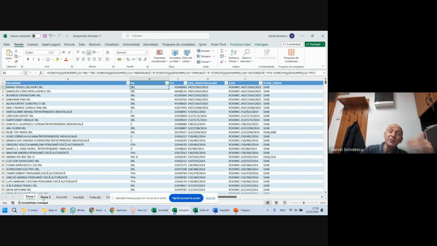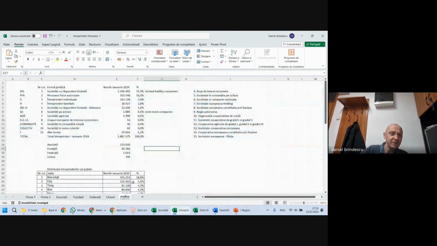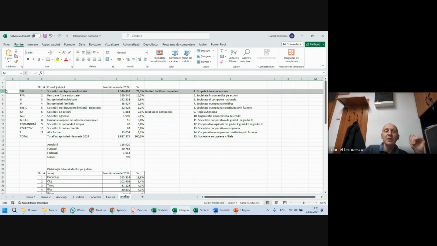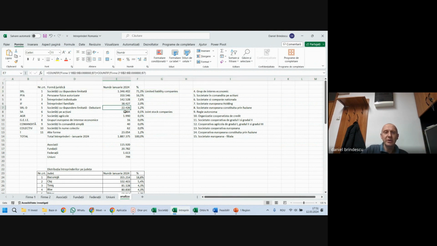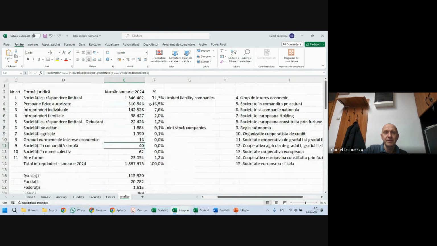I've opened it a few hours ago just to be sure that I will be able to open it. But I have an analysis here. So again, at the beginning of 2024, more or less right now, there are in Romania